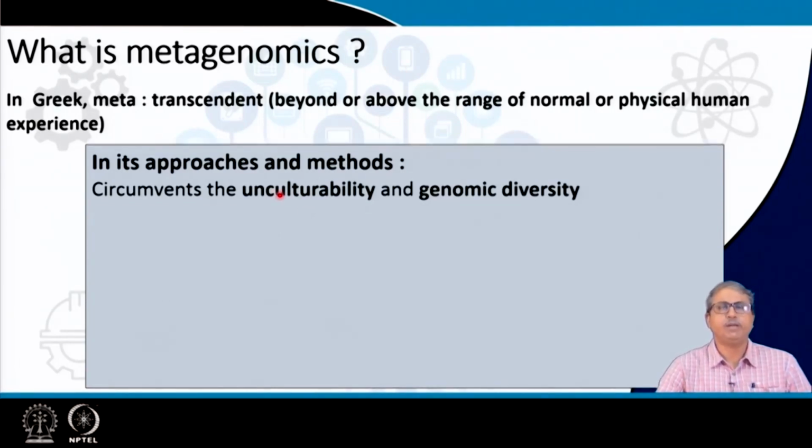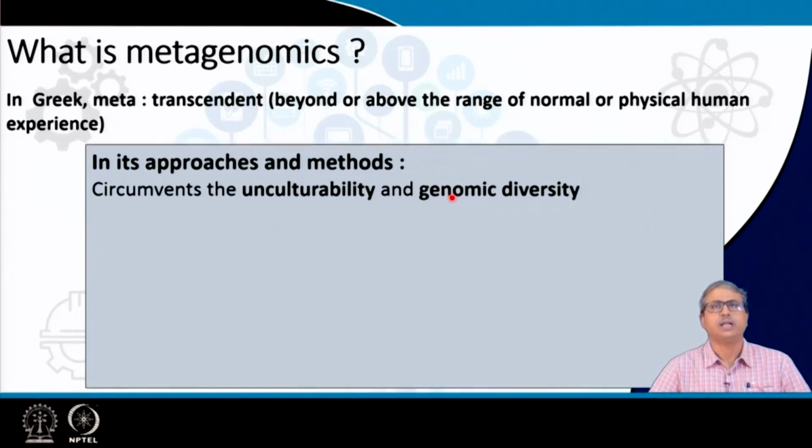Now, you are already aware of the unculturability aspect of any environmental community, and the concept of the genomic diversity has emerged lately, and what we have observed is that within the genomes of individual species there are